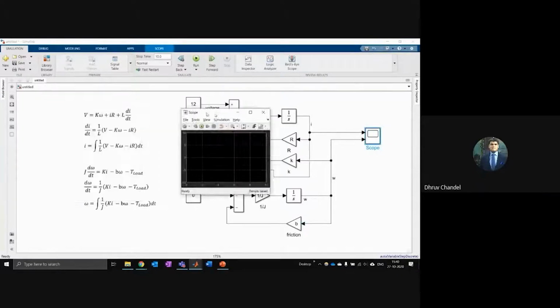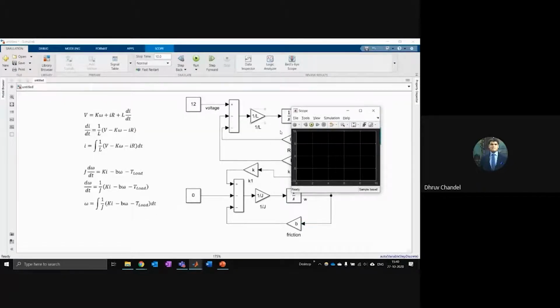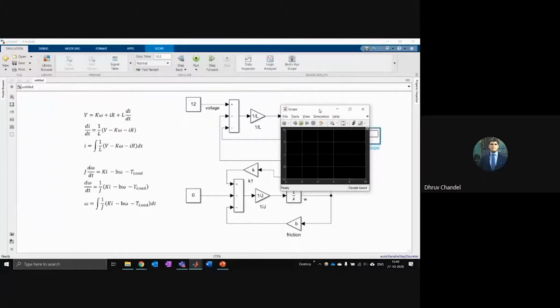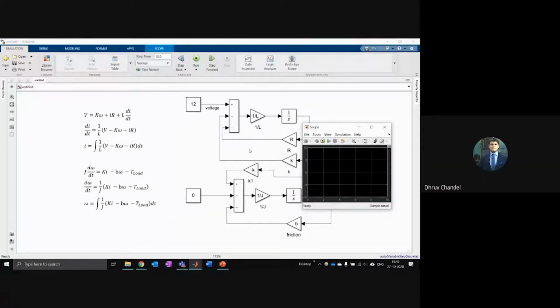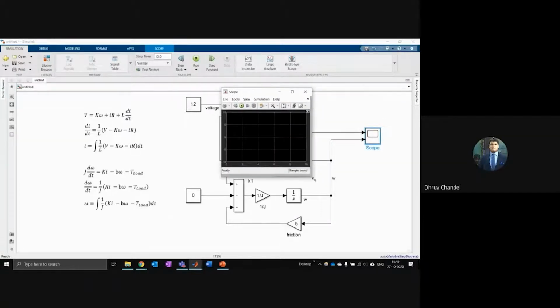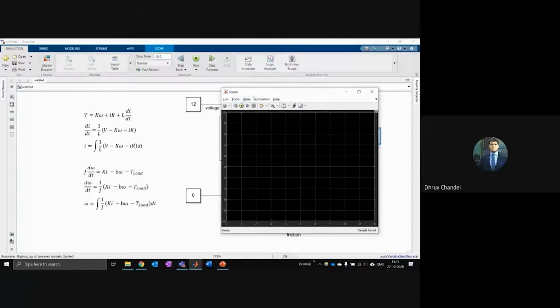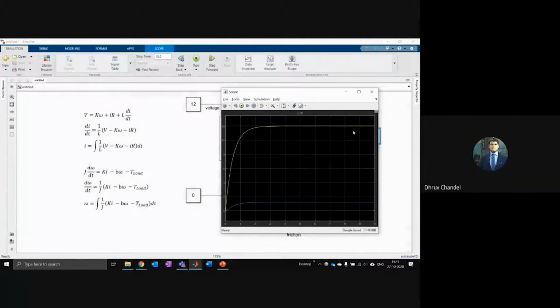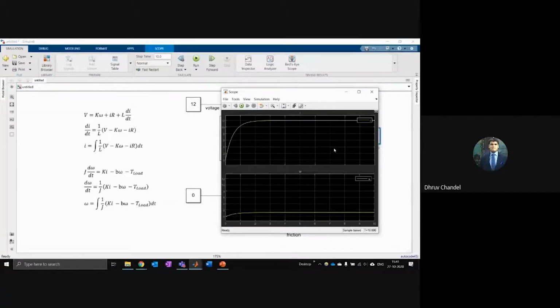And when I run the simulation, this will let me know that if I have this kind of motor with this much resistance, this much inductance, this motor constant, and I supply 12 volts, how is that motor going to behave? So inside the simulation, without even having a real piece of hardware, the simulation will tell us how fast that motor is going to spin. So in this scope, I can enable the legend, and I can separate out the two different scopes that I have.